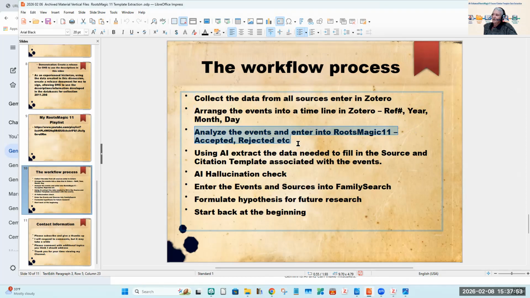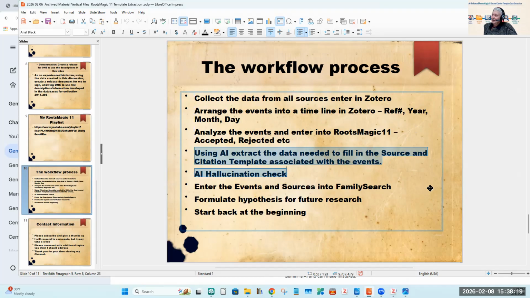When I put it into RootsMagic 11, I put accept in it, or if I don't put it in RootsMagic 11, I put rejected in it. Now, RootsMagic 11 can handle rejected entries, but it gets kind of messy. So I have elected to leave the rejected entries in Zotero for the moment. May change. All this has changed quite a bit in the last 2 years.